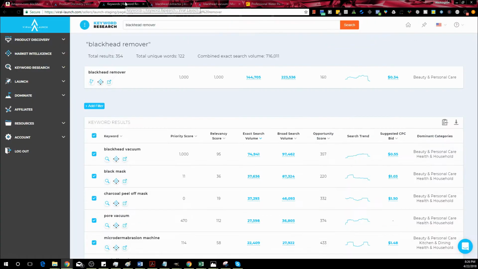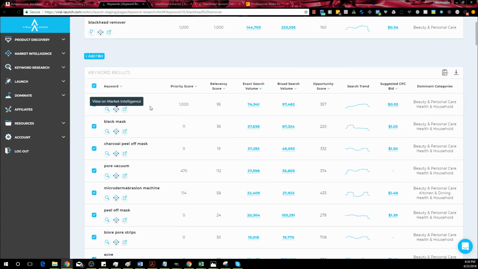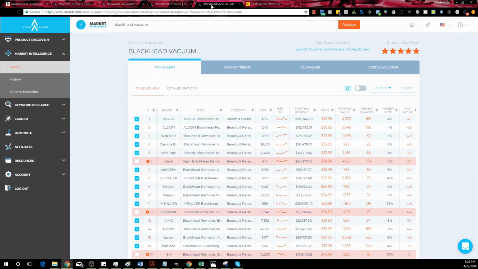And then I took that search term that Amazon suggested, ran it in Viral Launch's keyword research tool, and from there I got a couple of other good suggestions based on search volume. And then I ran the Viral Launch market intelligence tool on one of those search terms that I found, and look at this,